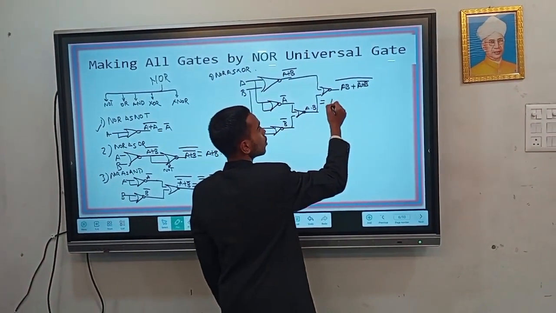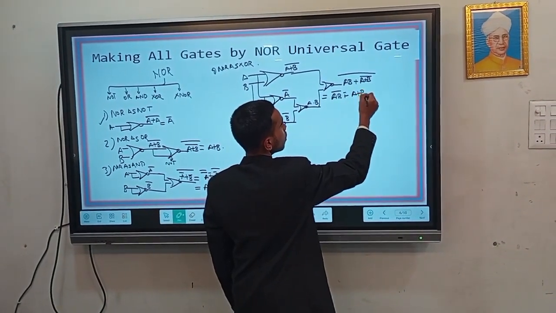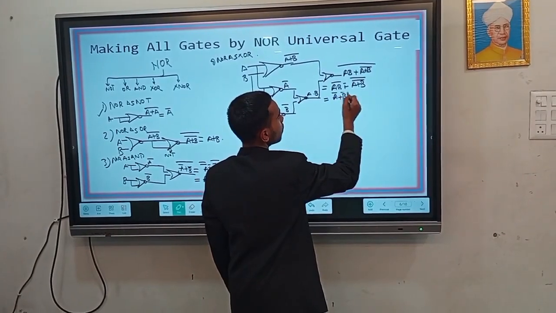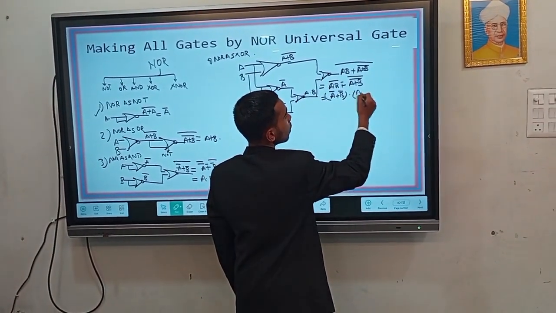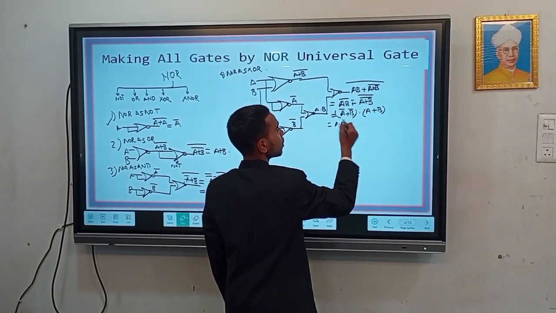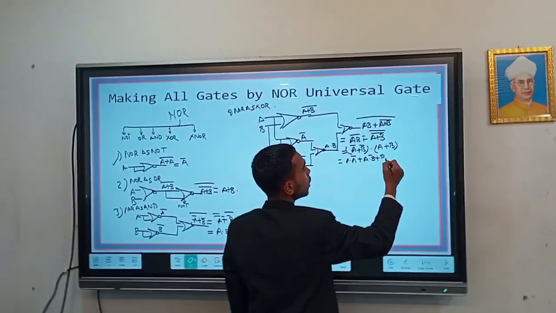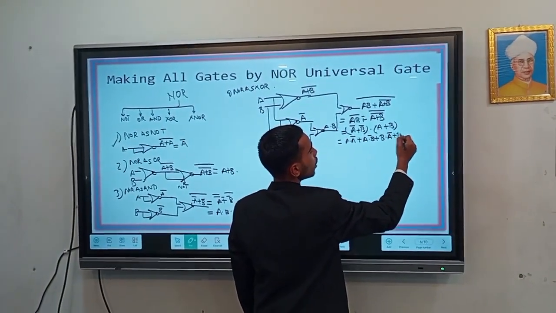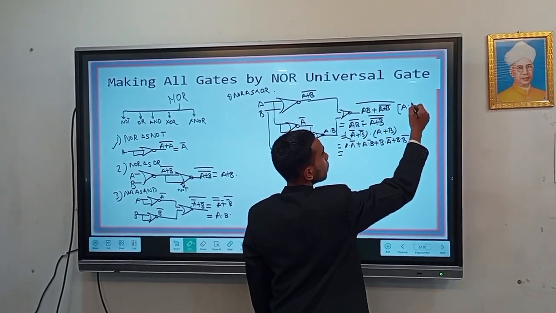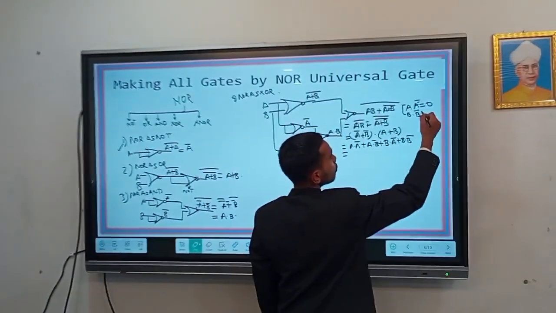Okay. Now these two are sent here. So we are getting AB plus A plus B whole complement, total complement. Now we will solve it. So it will become AB complement plus complement A plus B double complement. It becomes A complement plus B complement into A plus B. Now we will solve it to get A into A complement plus A into B complement plus B into A complement plus B into B complement. Now A and A complement is going to give us 0, and B and B complement is going to give us 0.